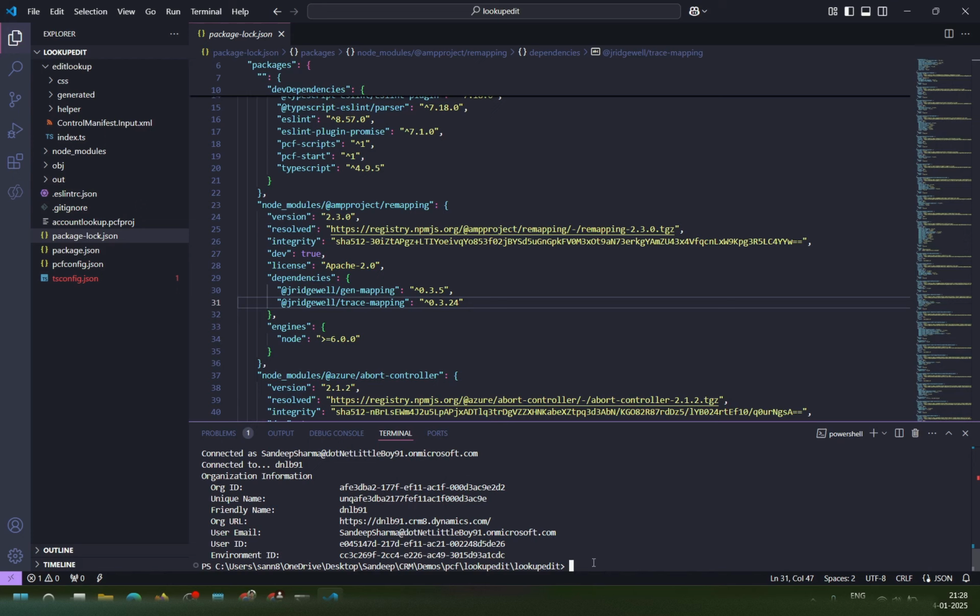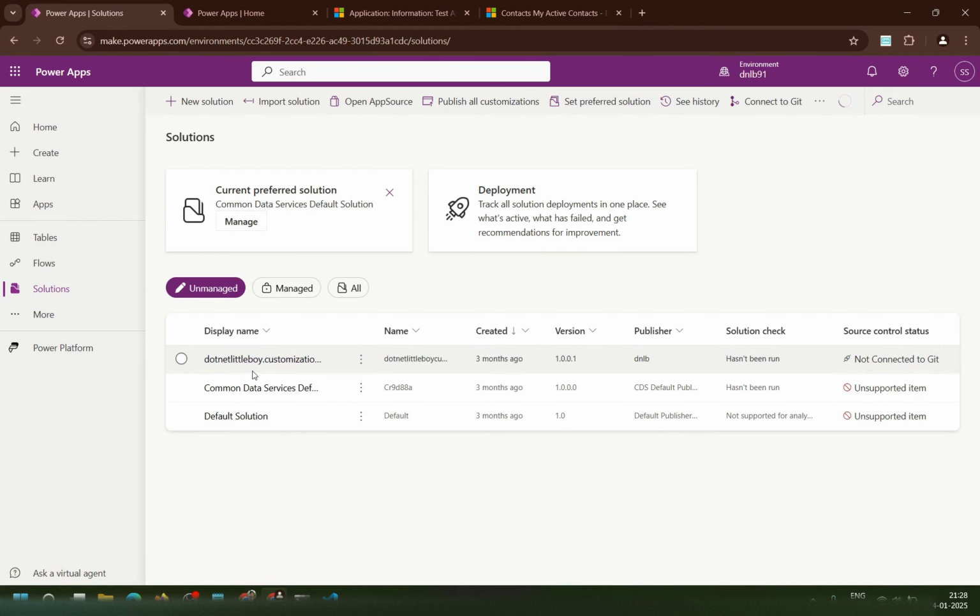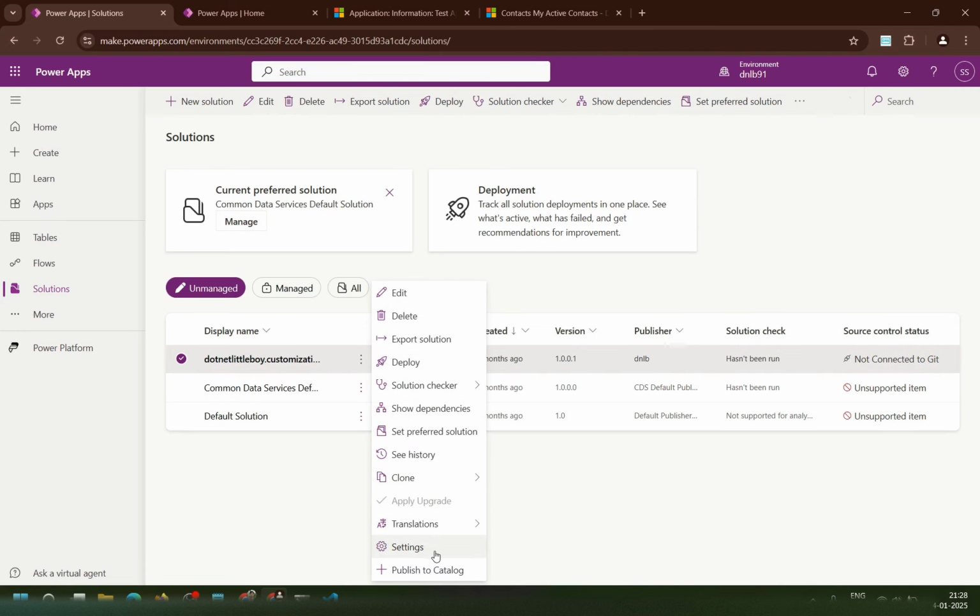Once you are created, then we have to publish this package to our solution. So I'm going to run pac pcf push and then the solution unique name, and that is DNLV customizations. Okay, this is the unique name of my solution. If you see my solution here, if you go to the details of this one,